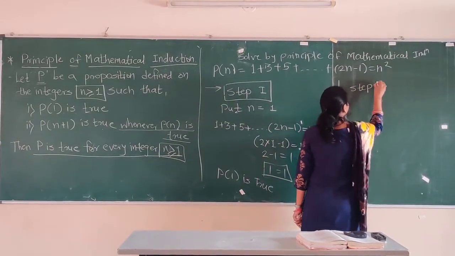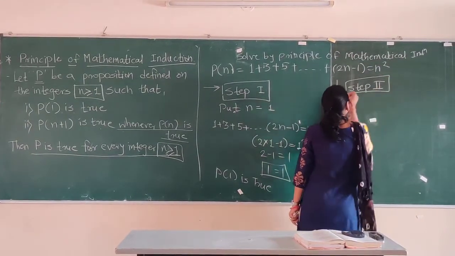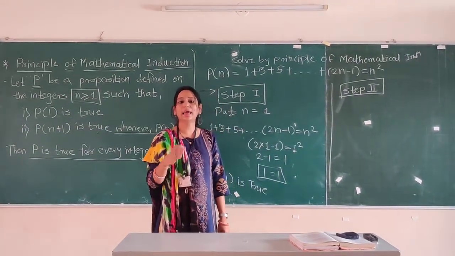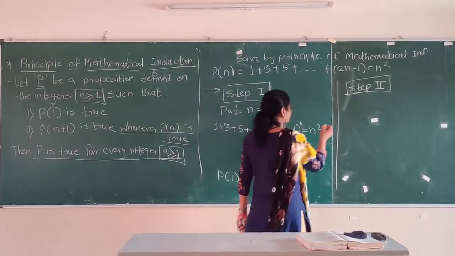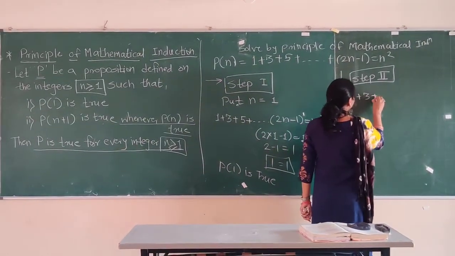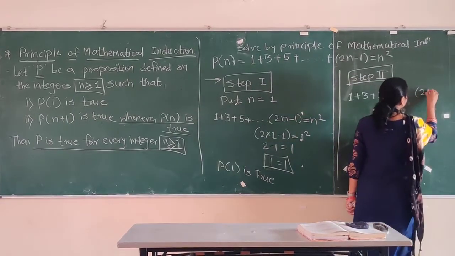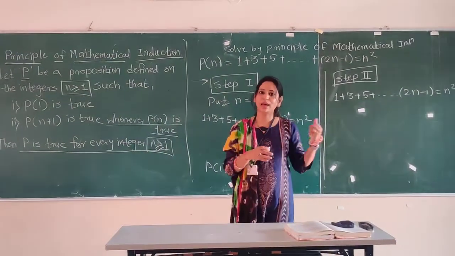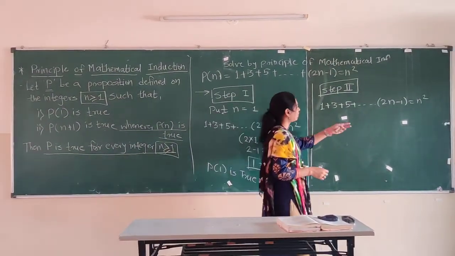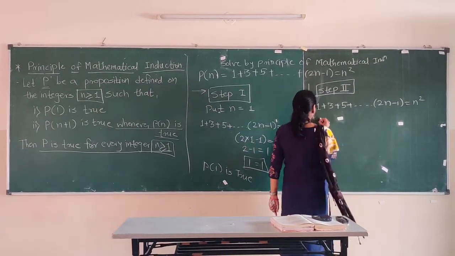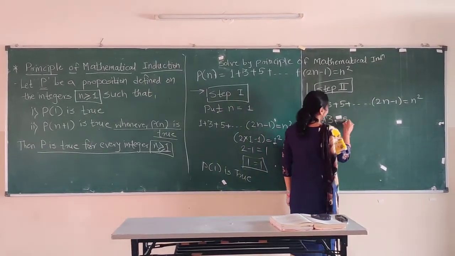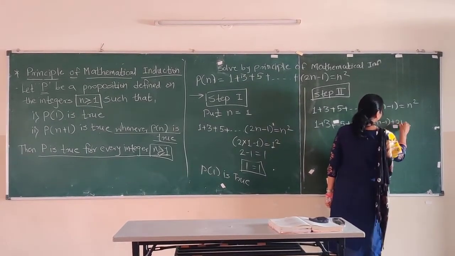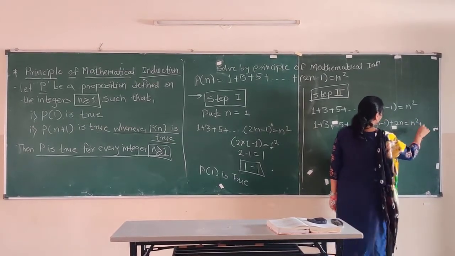In step 2, keep in mind, whenever your proposition is true for n is equal to 1, you have to put the next value, that is n plus 1. So what is our proposition? 1 plus 3 plus 5 plus up to 2n minus 1 is equal to n square. Now we will put the n plus 1 value in that. So we will put 1 plus 3 plus 5 up to 2n minus 1 plus 2n is equal to n square plus 2